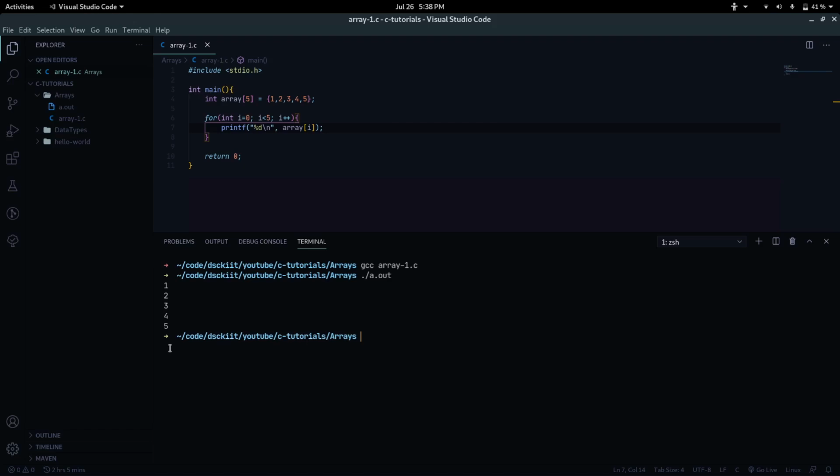So now let's talk about how we input data. Here, we initialize the array in the code itself. What if we want the user to initialize the array via the keyboard? We can use scanf for that. So I'll show you. We have to remove this initialization. So just declare the array, and then we can do